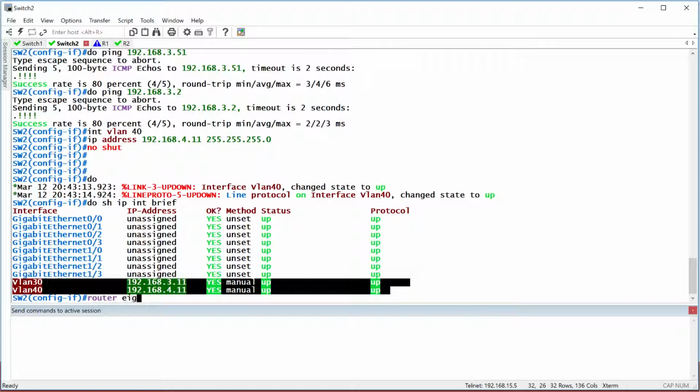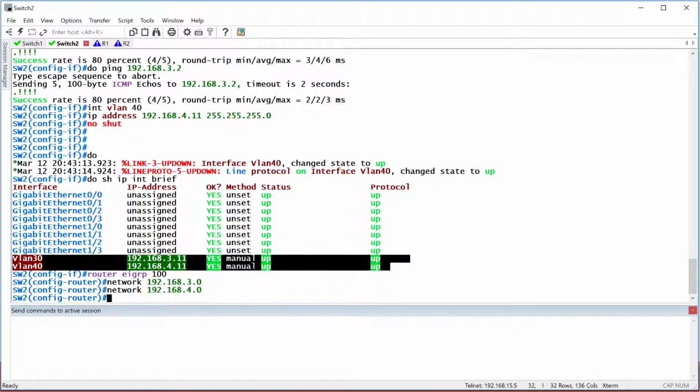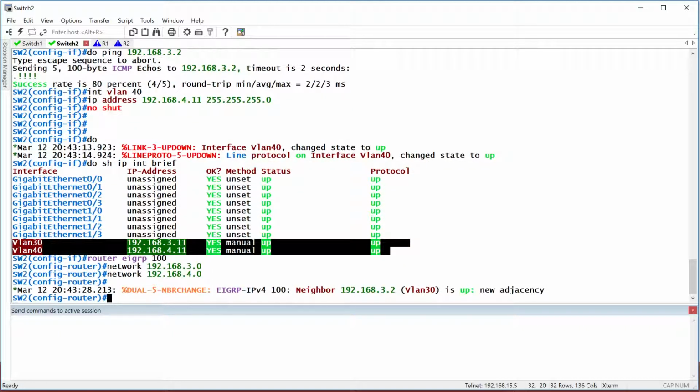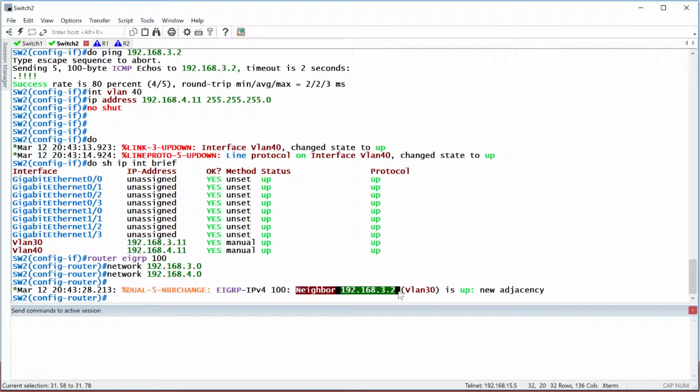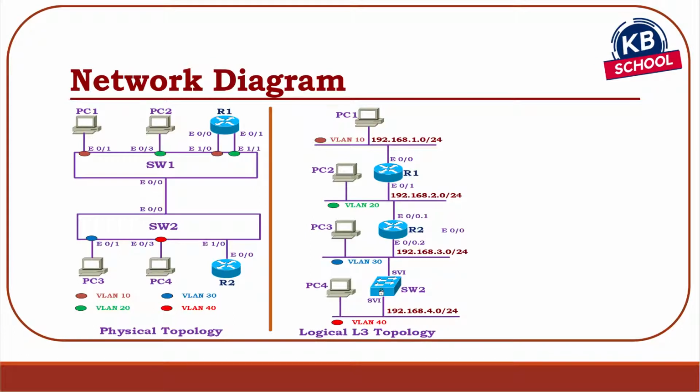Let's run routing. Router EIGRP 100, just like you run on a router. My network is 192.168.3.0. Enable that and the 4.0. As you guys can see, my neighbor just came up with 3.2, which is router 2. And if I take a look at my routing table now, just like on a router, I see 1, 2. So which basically completes my topology at this point,